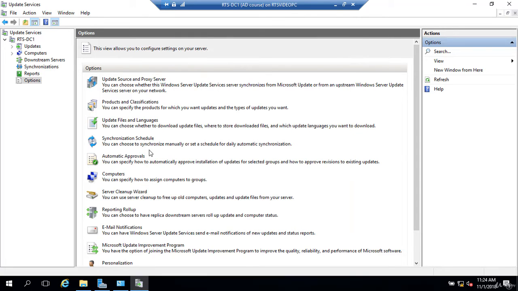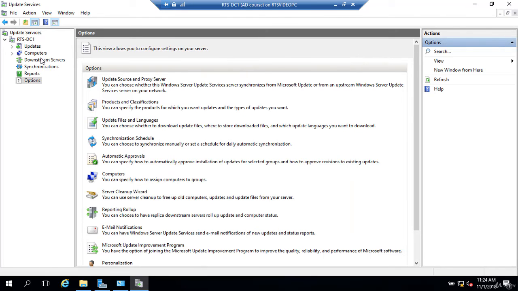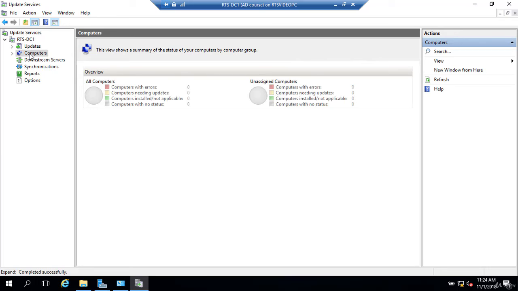That was the longest of these settings. Well, discussion-wise, the longest. The only other one is computer groups. Now this says use the Update Services console. Well, if I click OK for that, back on the left, if I click computers,